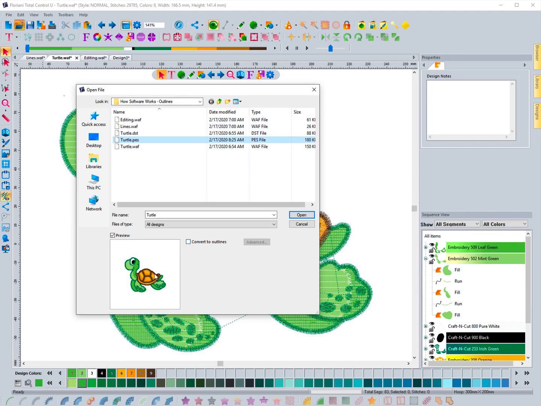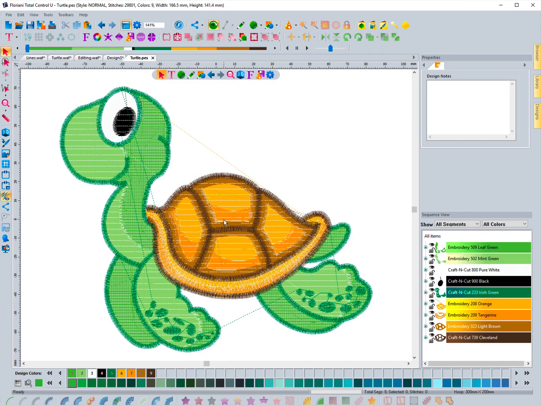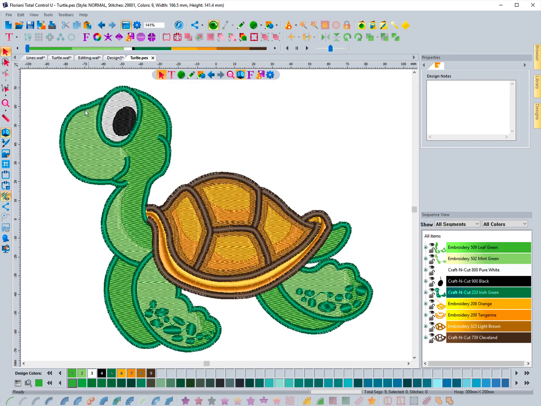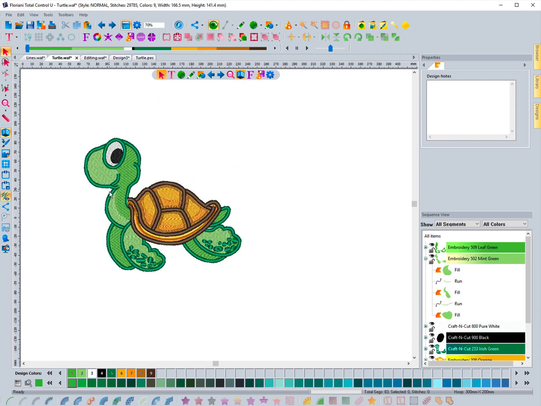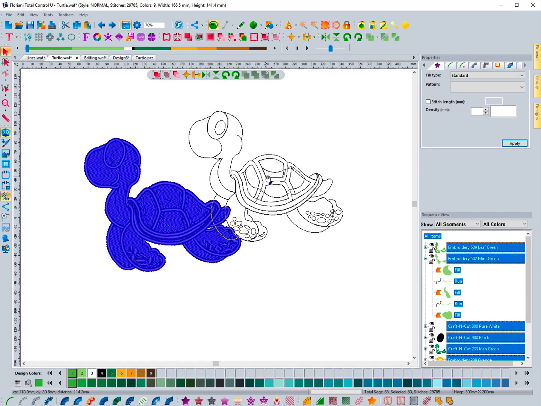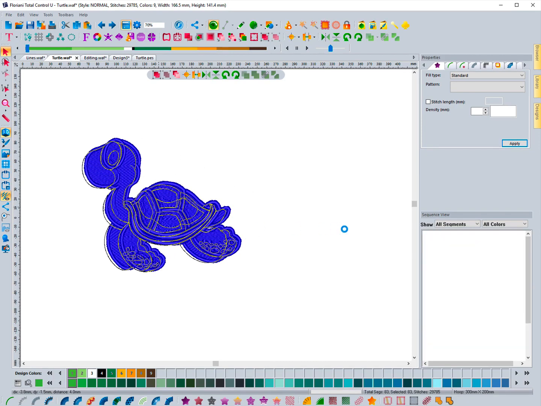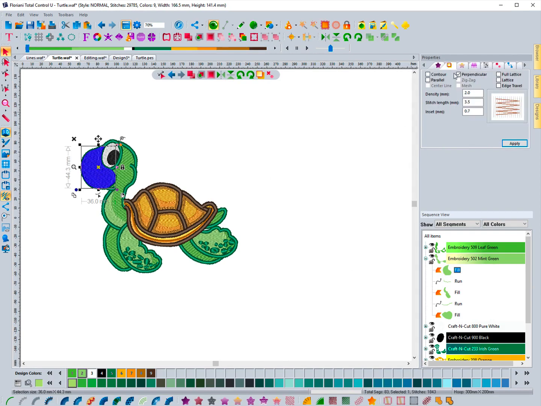So the first thing I'm going to do is bring it in without converting it to outlines. I'm going to go ahead and hit open, and it's going to bring that in. It looks the same, like the same design. It doesn't look any different. If I come back to this WAF version, you can see it looks very similar. Again, if I click on this and drag it, it's very clean outlines there. Also notice that if I come in here, this fill stitch has underlay to it,